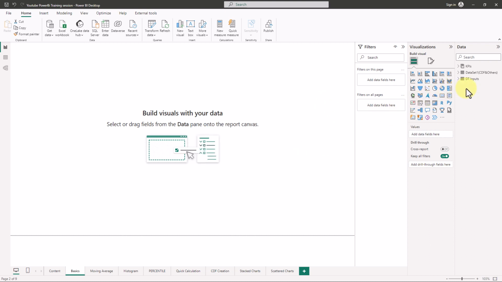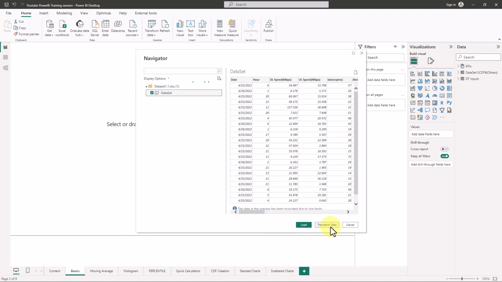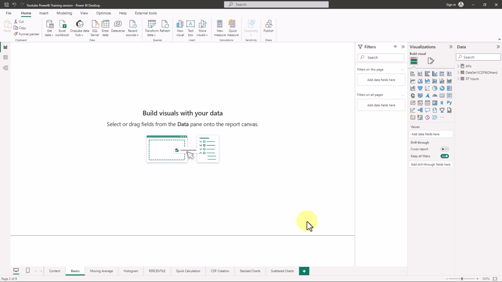Okay, so now you can see here, for example, you can make Transform. It will take you into the Power Query to clean the data. I already have clean data, and my data is organized, so I can just load it up here. Once I load it,